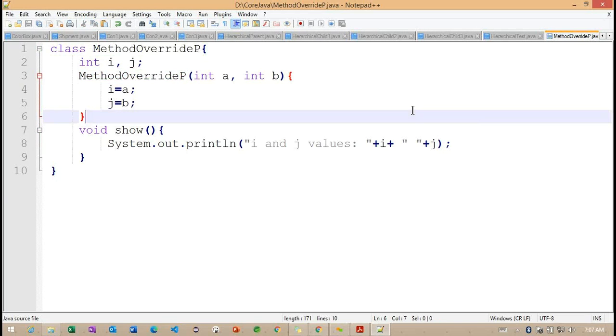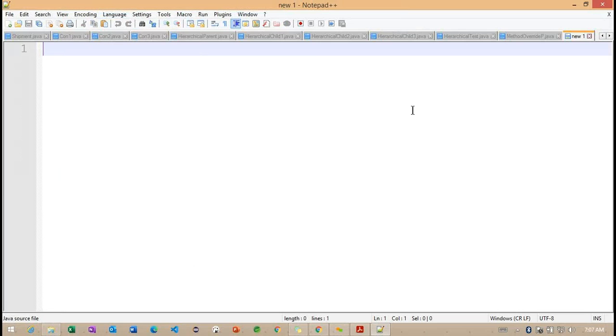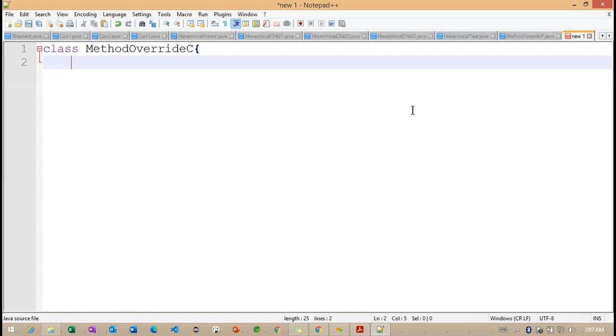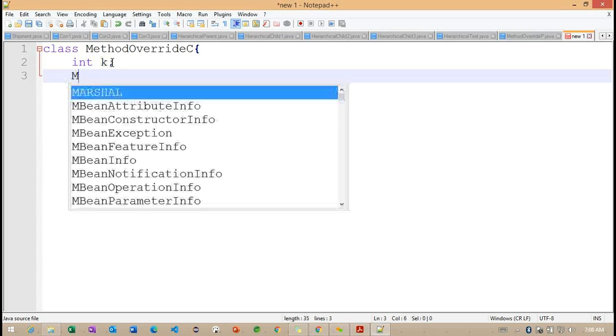Okay. Now what I'm doing here, I'm trying to work with one more class, C. C is nothing but child here. So inside this particular child class, I will define only one variable, int K. Right.